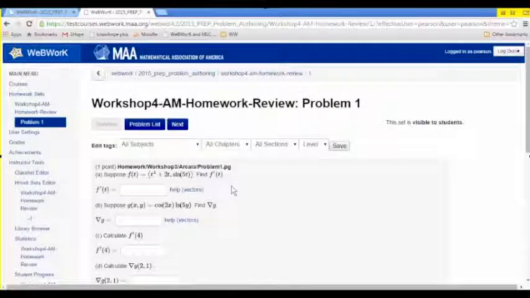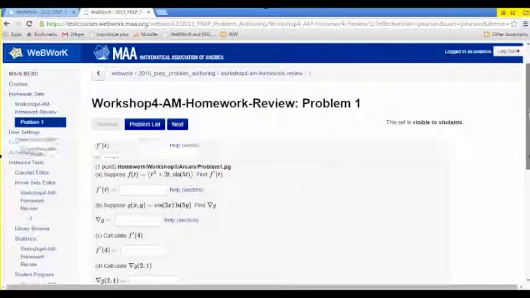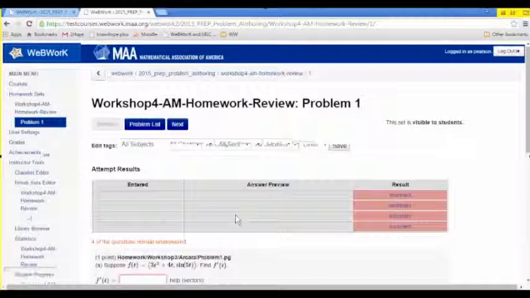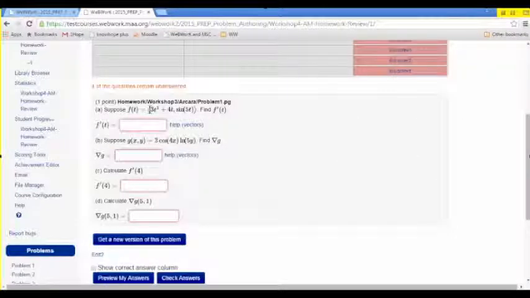One thing I forgot to point out from the morning session was I went into this first problem in the homework set and added one feature to it. So I added a "get a new version of this problem" button to the homework set. And if we click that problem, you'll notice that we'll get a different set of random parameters here, and we could do that any number of times if we wanted to try this problem again and again as a student